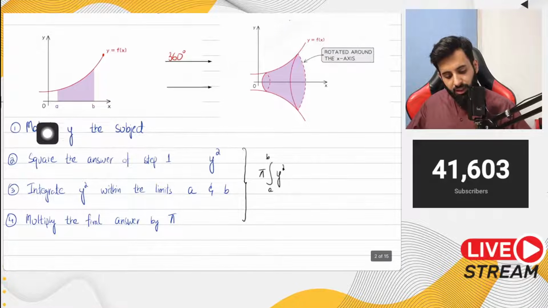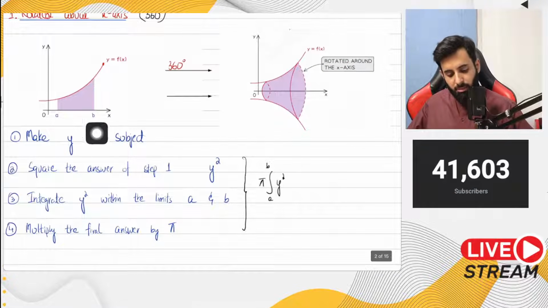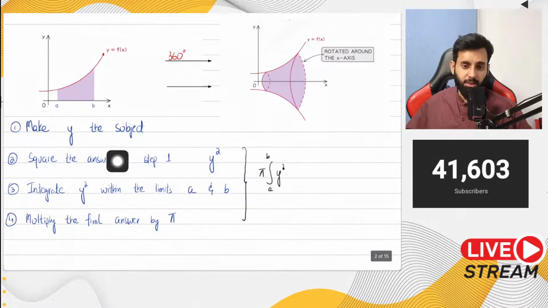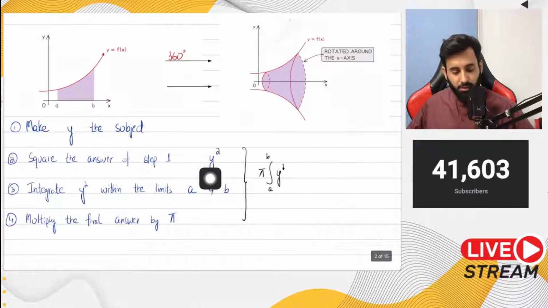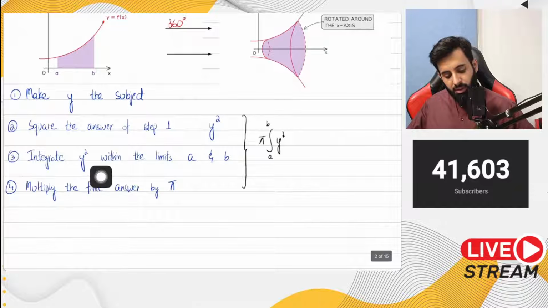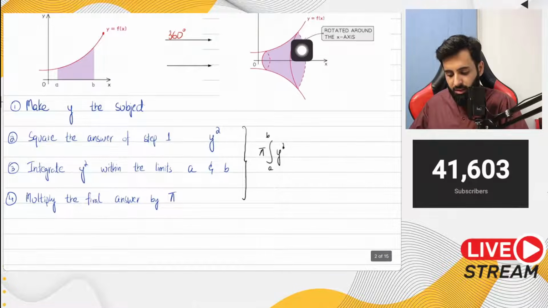Okay, so theoretically these are the four steps that you need to follow. Number one, this is if you're rotating it about the x-axis, you need to make y the subject in case it's not. Number two, you need to square the answer of step one, that is you need to find y squared. And number three, you need to integrate y squared within the limits a and b. As you can see, you have a and b. So when you rotate this part of the curve within a and b 360 degrees along the x-axis, you get